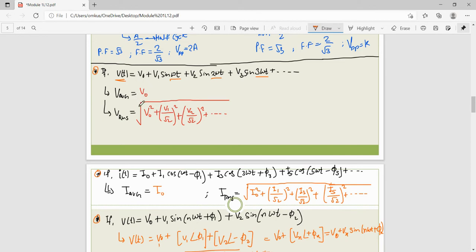Okay, and when you find this RMS value, you have to take the square root of the sum of squares of all. Means here it is finding the RMS value of the individual terms. You have to sum all of them. See, this sine waveform we saw above, what is the RMS value of a sine waveform? Maximum divided by root 2, right? So maximum divided by root 2, and sum of this. Similarly you have to sum all of these and put it in this expression, and take the square root of them, by which you are able to find this Vrms.